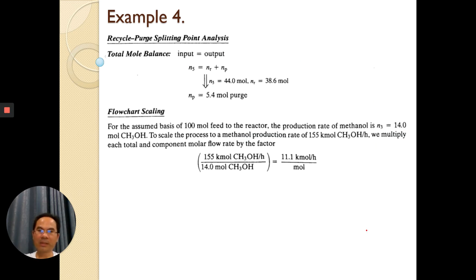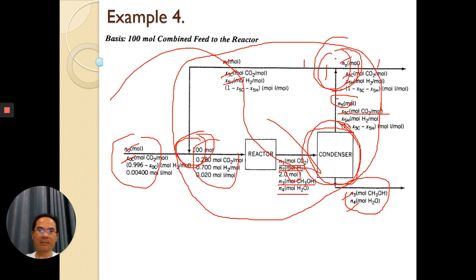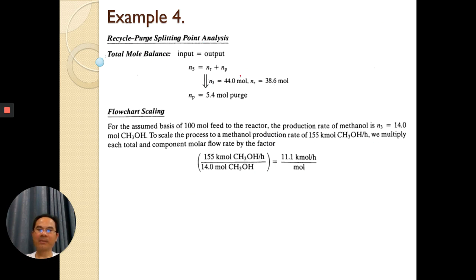And then you balance around the recycle and purge. Total balance input equal to output, N5 equal to Nr plus Np. You know N5, you know Nr, you can solve for Np. For this, you solved for the unknowns already. But please note that these equations for N1, N2, N3, N5, N6, Nr, Np are based on 100 moles of feed